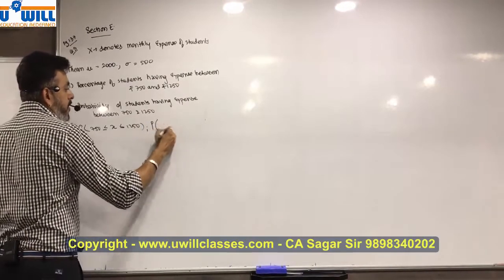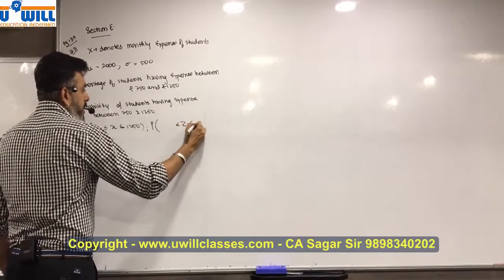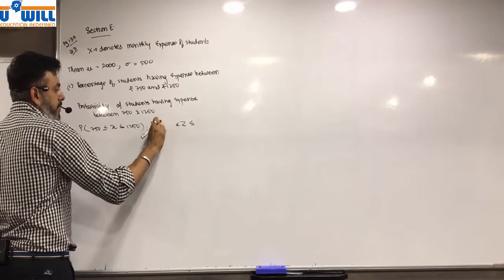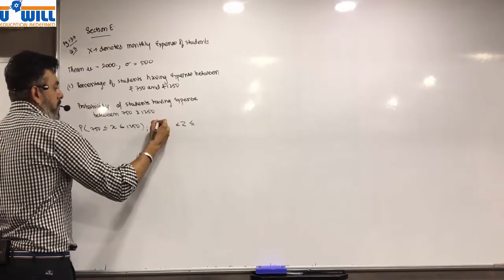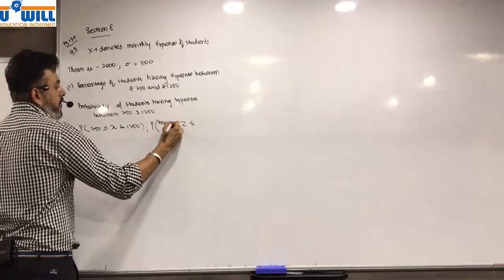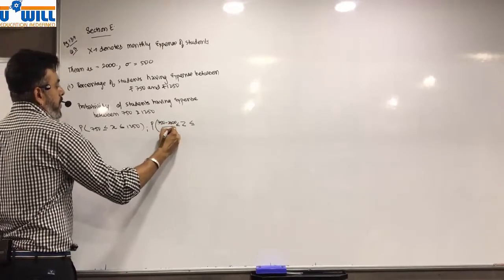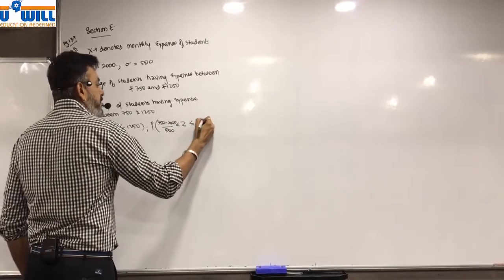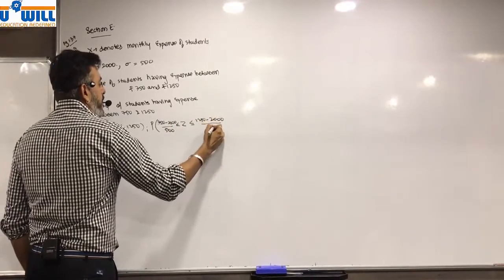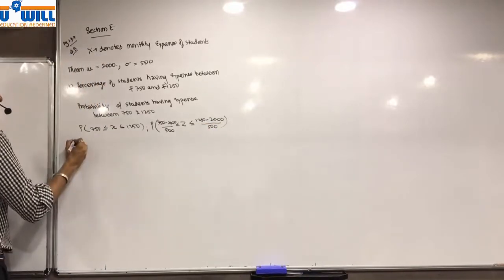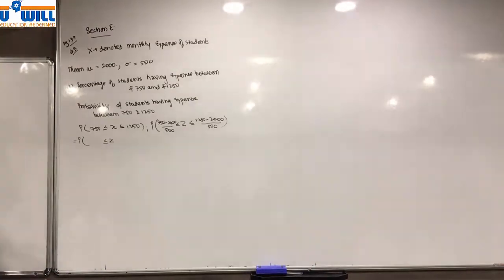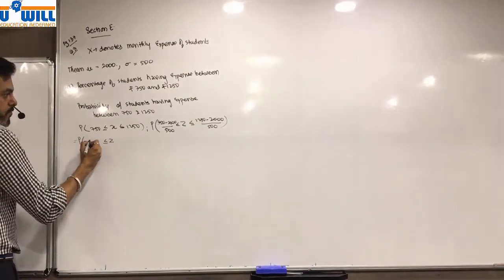So probability of z greater than equal to, less than equal to, 750 minus mu, which is 2000, upon 500, and 1250 minus 2000 upon 500, is equal to probability of z greater than equal to minus 2.5